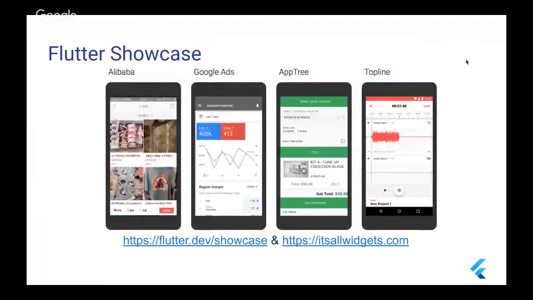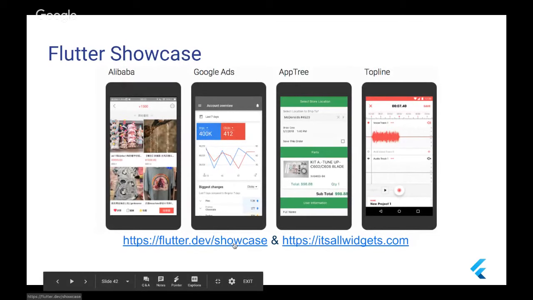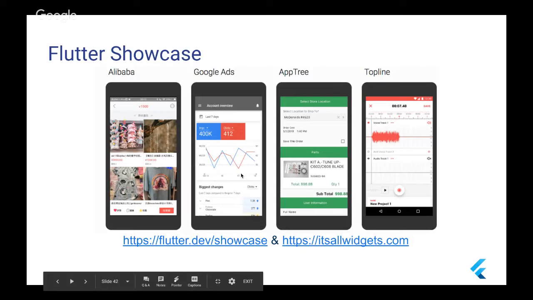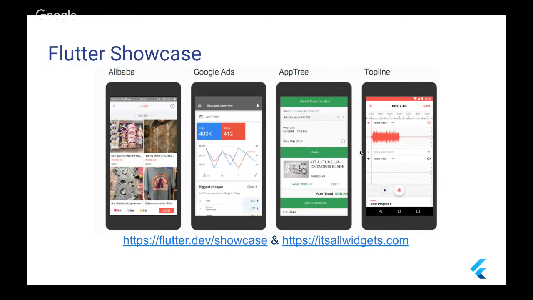If you need to check a showcase or applications already made with Flutter, you can go to the Flutter Dev Showcase or our community website, it's All Widgets website. You will find a lot of applications that are built with Flutter. You can install them on your device. Many of these applications, some of these applications, are open source. You will find the source code available. And as we can see here, Flutter can power your application whatever its type.